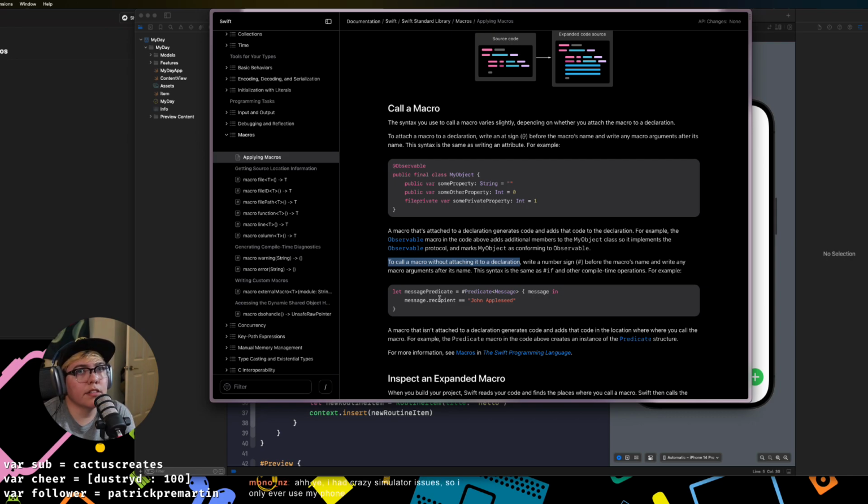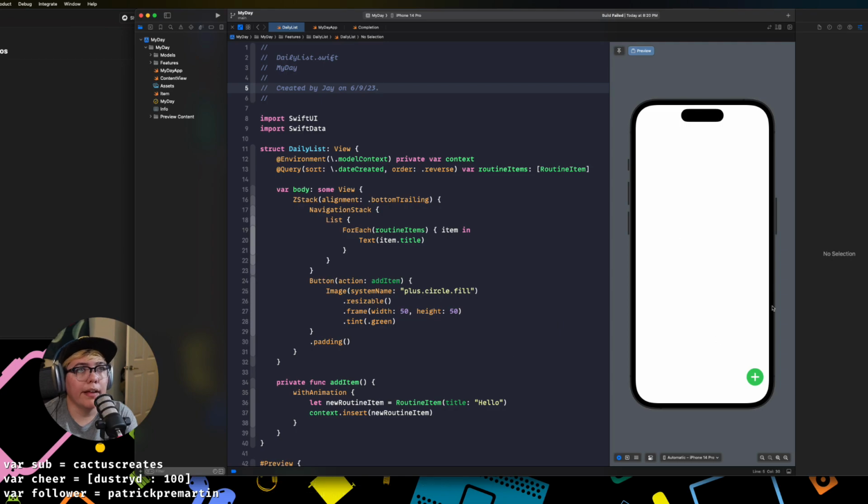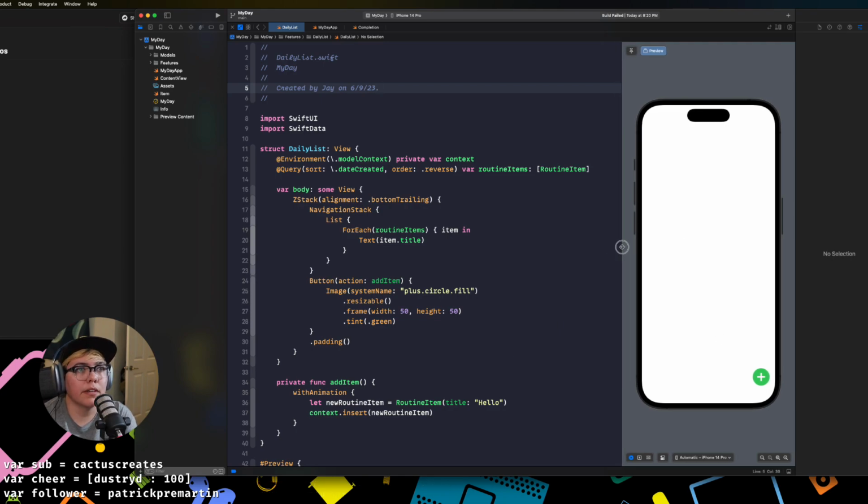You had a crazy simulator issue, so you only ever use your phone. That also makes sense. Yeah, the simulator goes in and out of usefulness for me, depending on what I'm doing and how the data is all set up. And you have to work with people who really want the preview to work, or else it falls onto someone to just say, hey, this has to work, right? I like keeping the simulator working as much as possible. It's actually why I